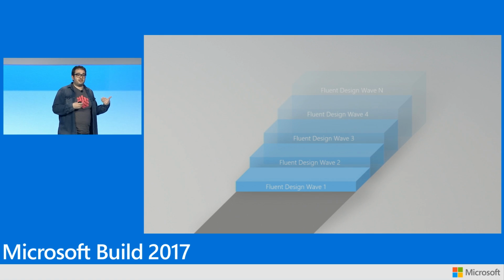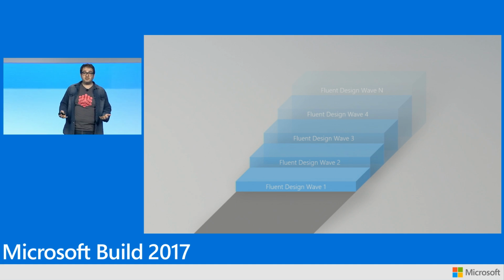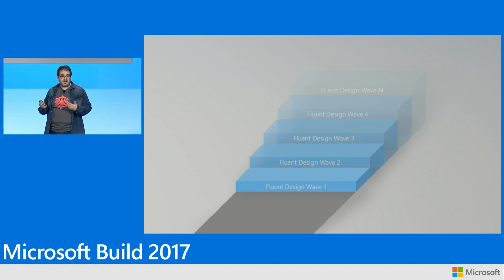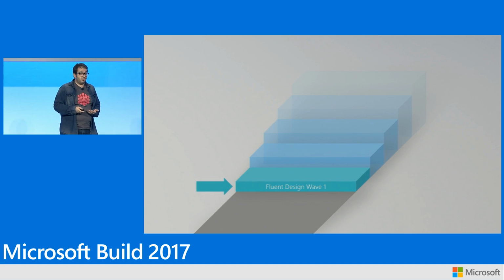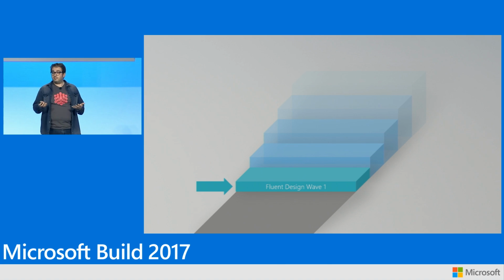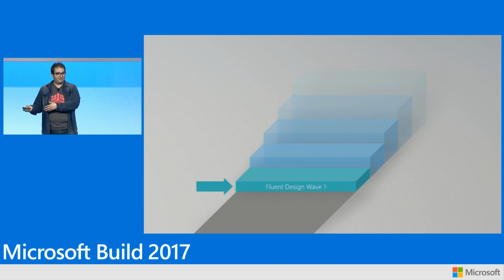The reason that you're starting to see these things is that we're taking a very different approach with Fluent Design and how we bring that to life compared to how we've done design systems in the past at Microsoft. We're bringing this to life through a series of waves. We're incubating ideas, developing technologies and validating them through apps and experiences, and then bringing them to scale through the platform. And this really means that all the things you as developers get in this first wave of Neon and in subsequent waves of Fluent Design